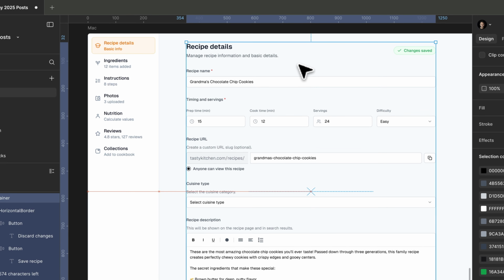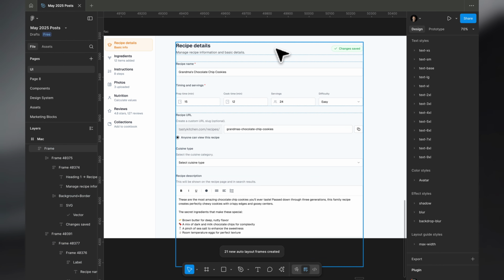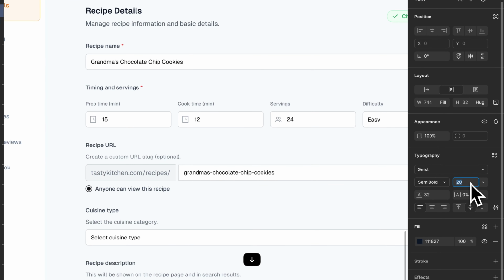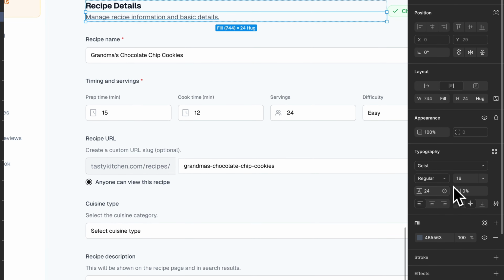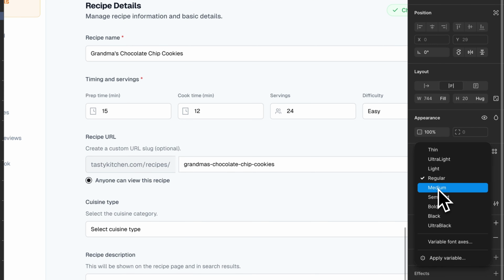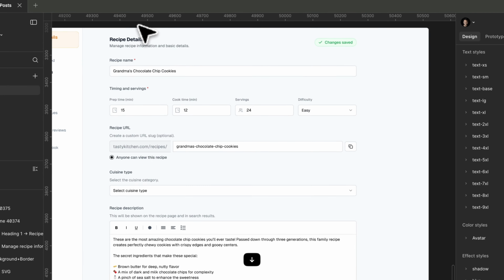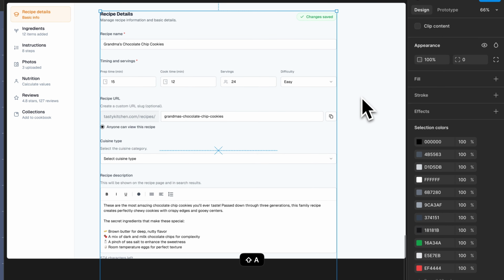Now let's get into the main section. I'll just add auto layout and see what happens. I think that's good. So recipe details, I'll add the font here, details in caps. I'll reduce this font size a little bit and add bold, reduce letter spacing, and make this auto. Perfect. I think this is fine. We can change it to 14. I think this is great. Perfect. So I just reduced it a little bit, and I can probably add another auto layout on top of it